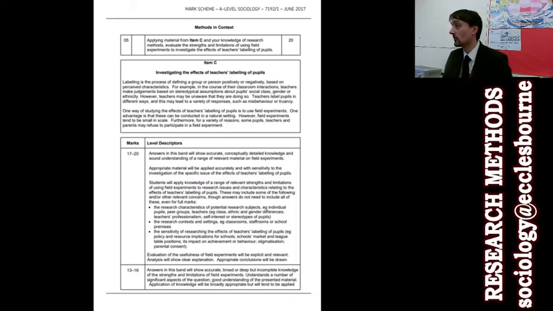individual pupils, peer groups, teachers, the research context and settings, e.g. classrooms, staff rooms or school premises. The sensitivity of researching the effects of teachers' labelling of pupils, e.g. policy and resource implications for schools, schools markets and league table positions, its impact on achievement or behaviour, stigmatisation or parental consent. Aha! So basically what you've got to do is you've got to bring in knowledge of teacher labelling,